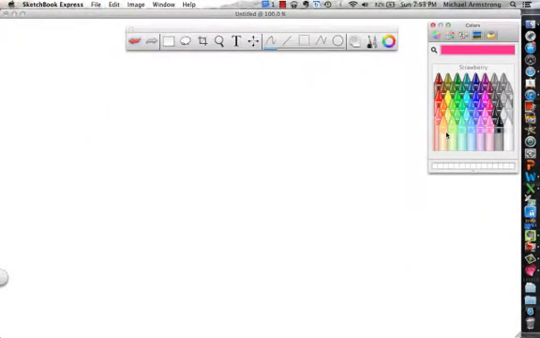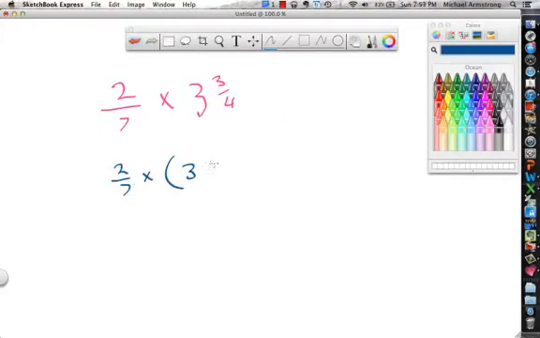Okay, let's do another one. Let's see, 2/7 times 3 and 3/4. And again, the distributive property is 2/7 times 3 plus 3/4. And remember that this 3 is kind of like 3 ones. Sometimes that helps us do it. Okay, so 2/7 times 3 ones, and then 2/7 times 3/4. This first one is 6/7, and the second one is